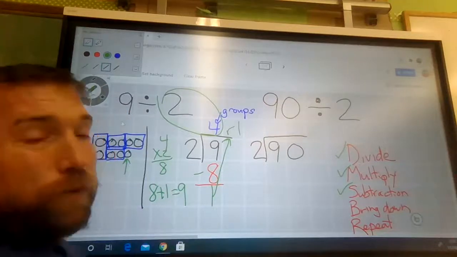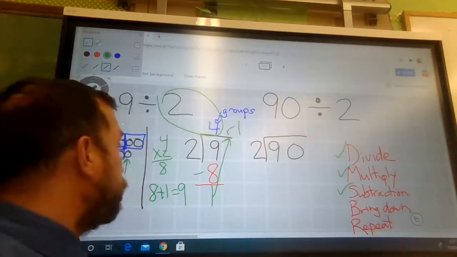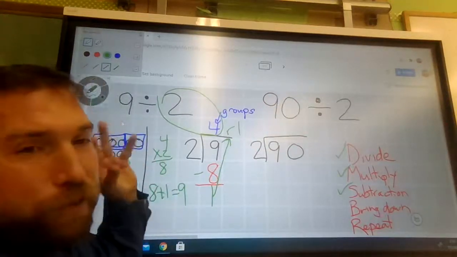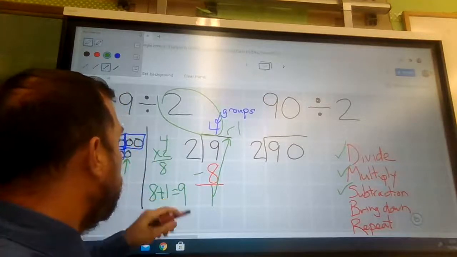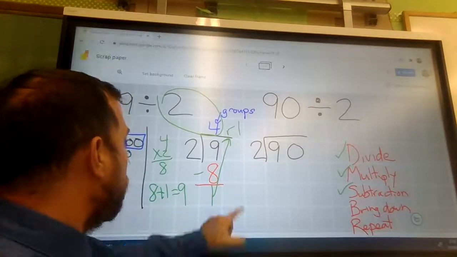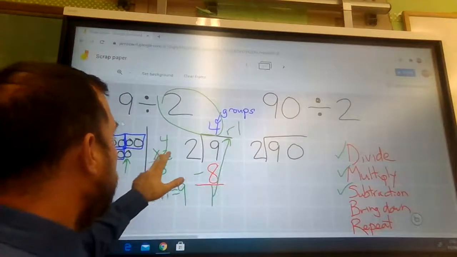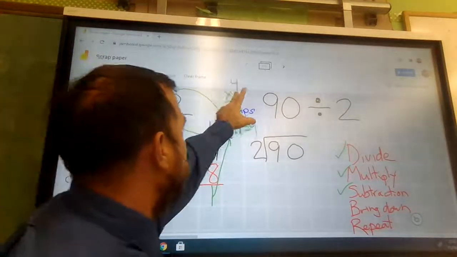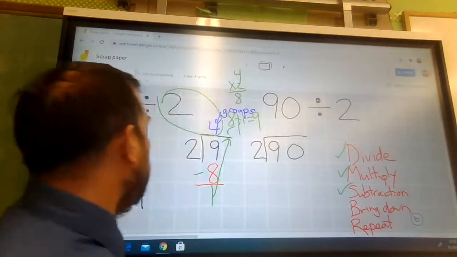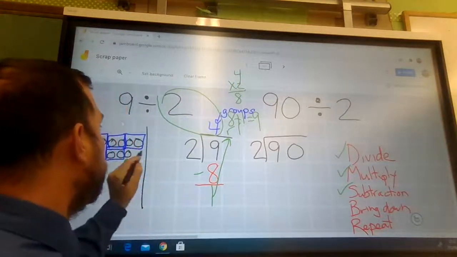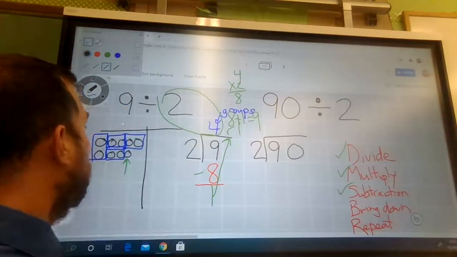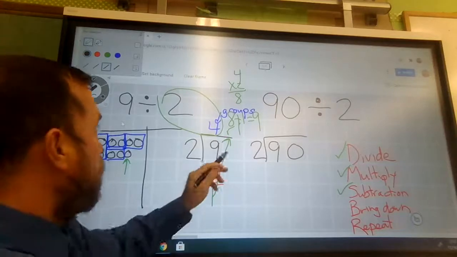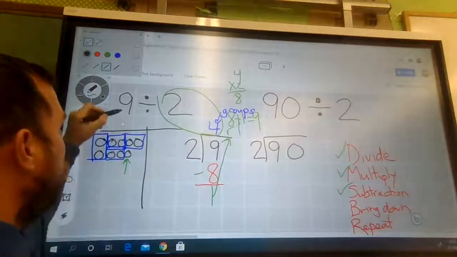Most people find 9 divided by 2 not too bad, so you can kind of picture that in your mind. Okay, and then when we get to a harder one like 90, all of a sudden things are going to change. Let me just throw that out of the way, and then I'm going to use this space over here. When it's 90 divided by 2,